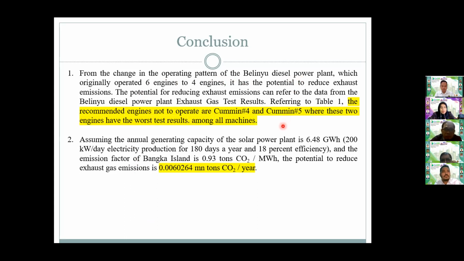So the conclusion from the change of operating pattern of the diesel power plant, which originally operated 6 engines to 4 engines, is that it has the potential to reduce exhaust emission. The potential for reducing exhaust emission can refer to the data from table 1. The recommended engines not to operate are Cummins 4 and Cummins 5, where these 2 engines have the worst test results among all machines. The second, assuming the